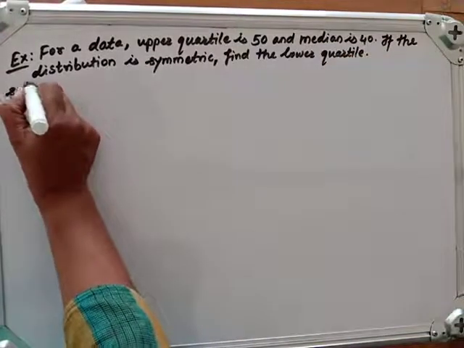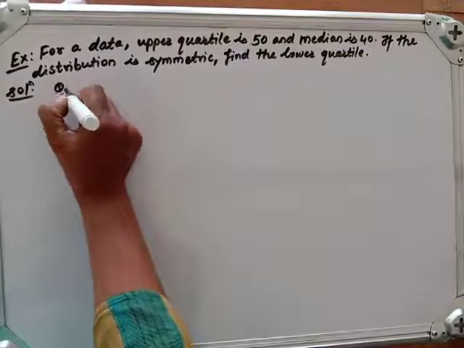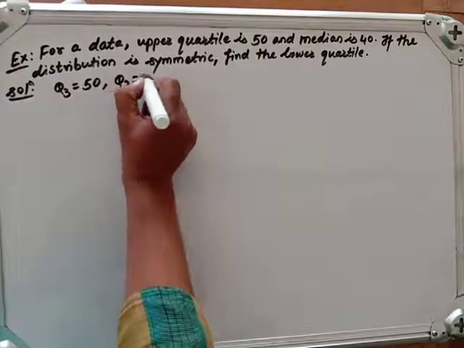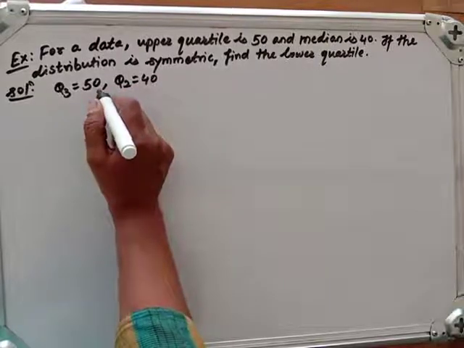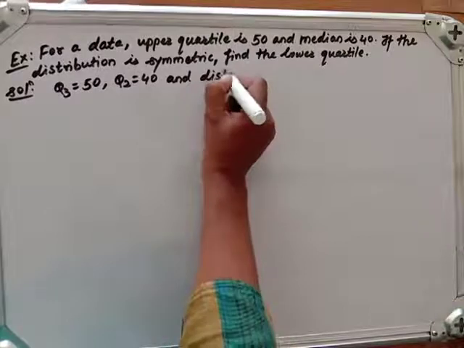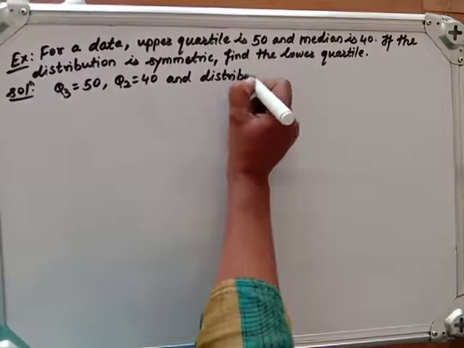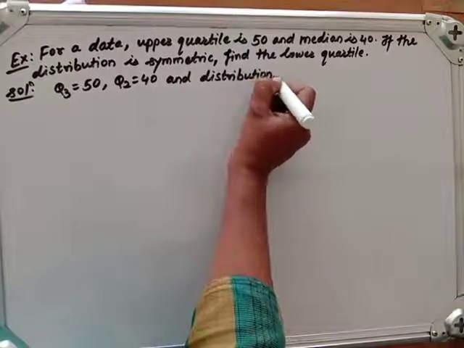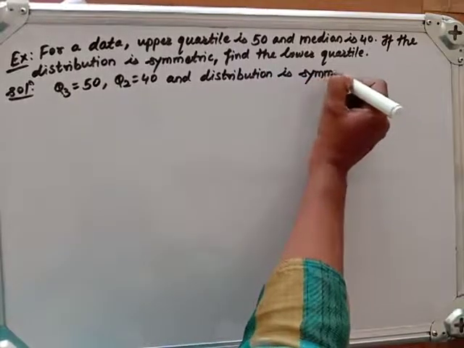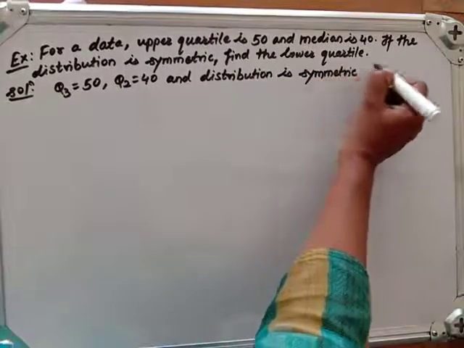Solution. We have Q3 is 50, Q2 is 40, and the distribution is symmetric. So this gives